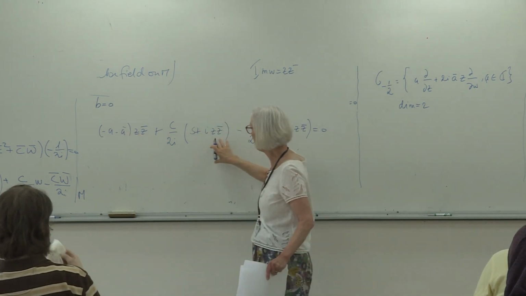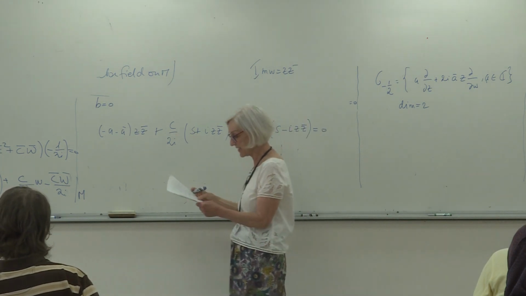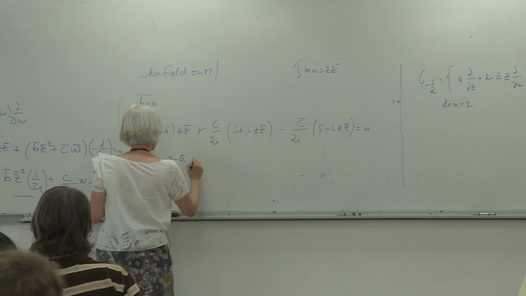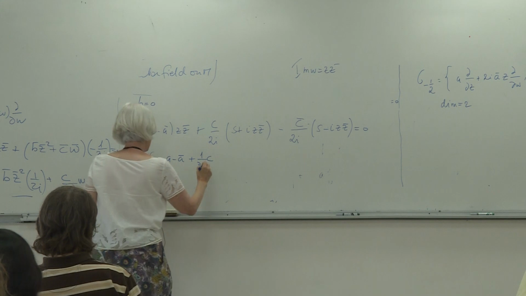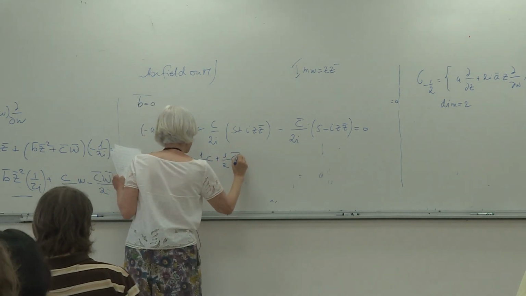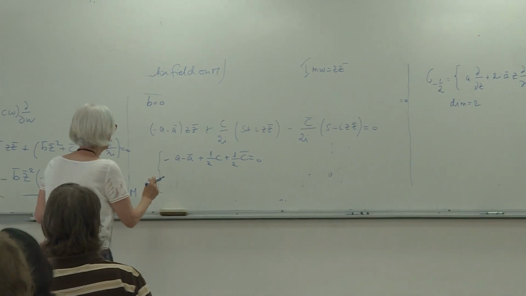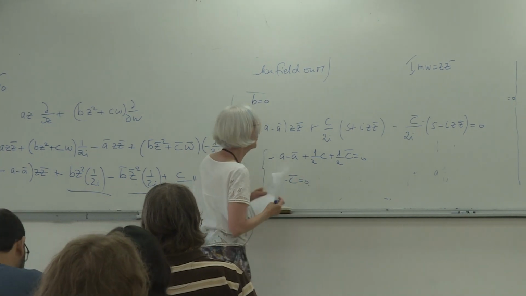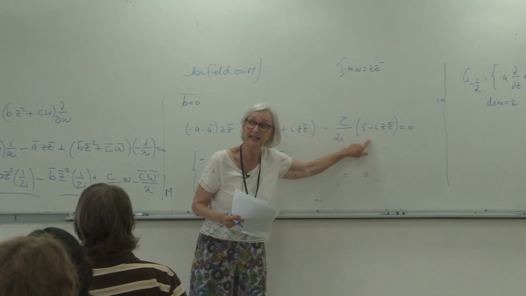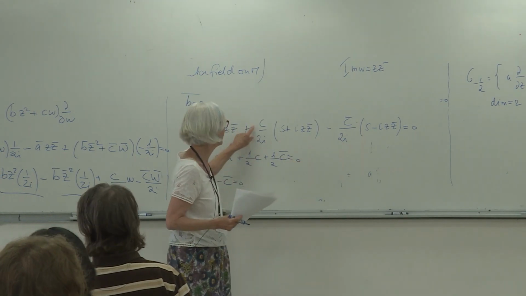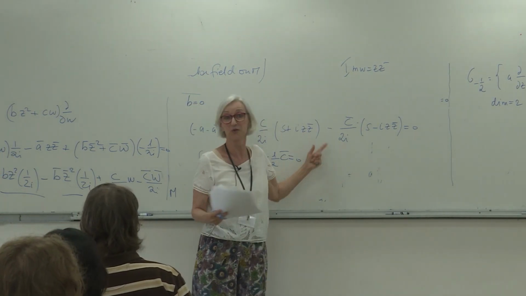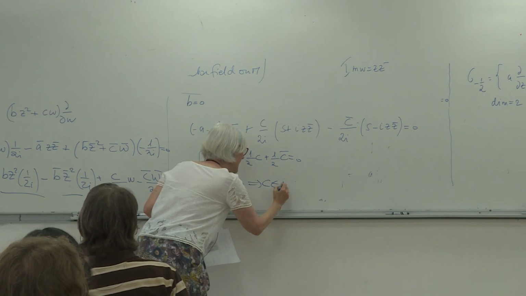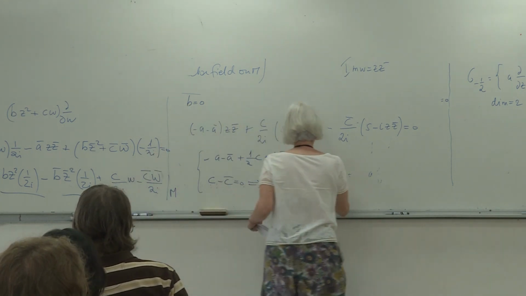You see, I have it here, but I also have it here. So what do I get as an equation? I finally get minus A bar plus 1 over 2 C plus 1 over 2 C bar is equal to 0. B is equal to 0, I know already. And I have C minus C bar is equal to 0 just by looking at the S that has to disappear, right? So C is real, and then I plug in, and I find that A has to be